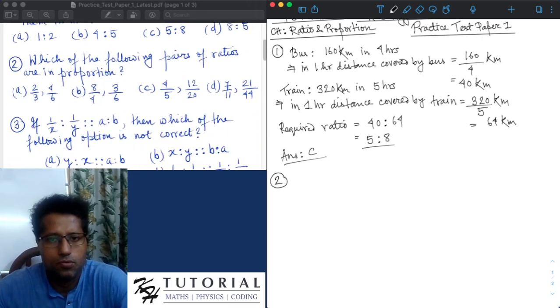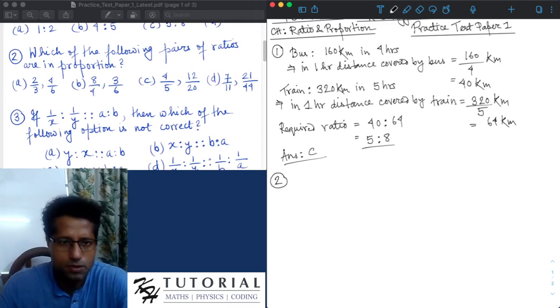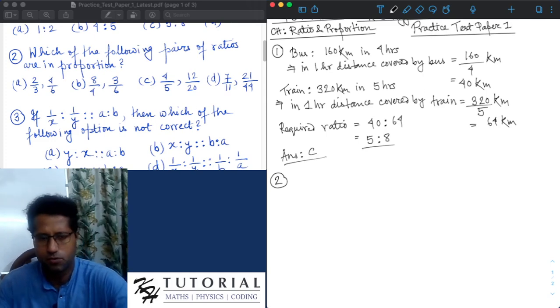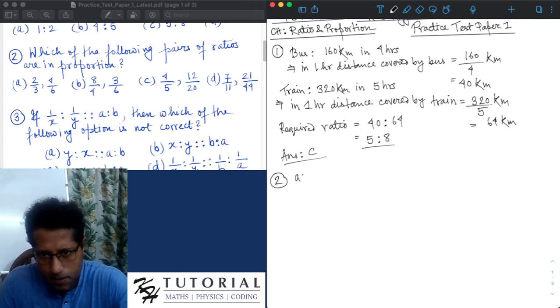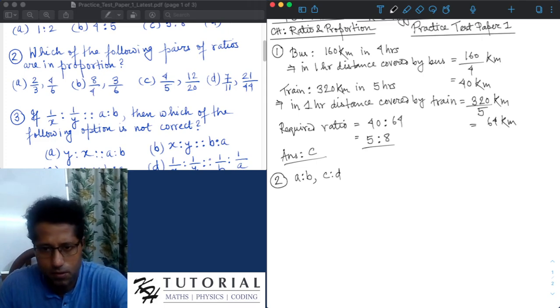Problem number 2 says, which of the following pairs of ratios are in proportion? In the choices, pairs of ratios are given. We know that this pair of ratios, let's say A is to B and C is to D, are in proportion